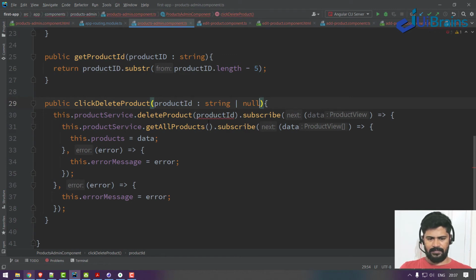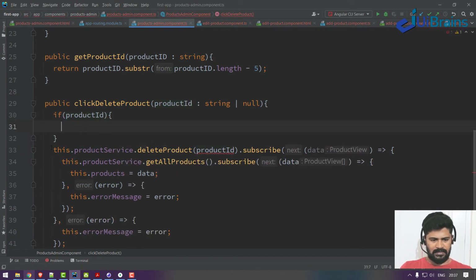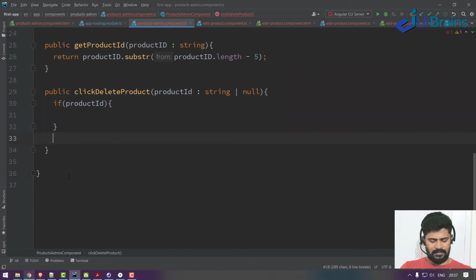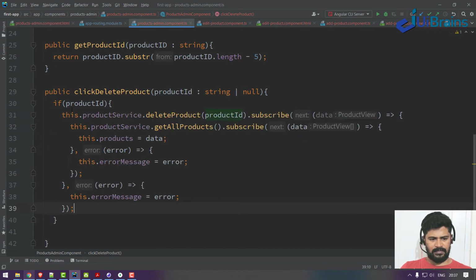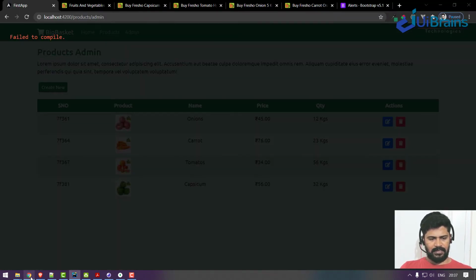So I'll say if product ID, then you can go ahead with the delete. Now happy, because sometimes it can be null. So that way. I hope it's clear.